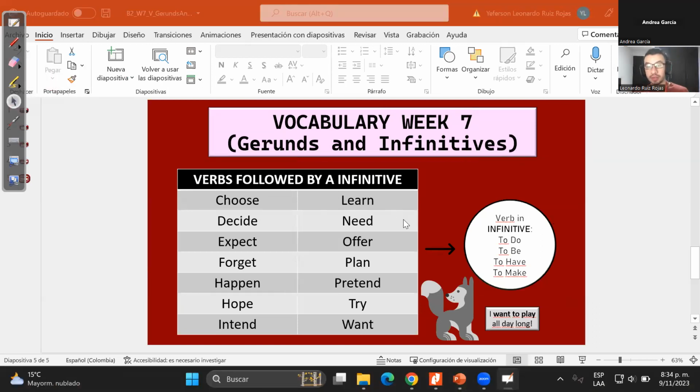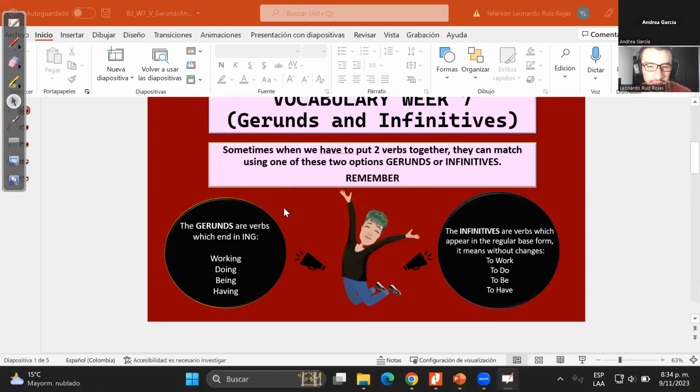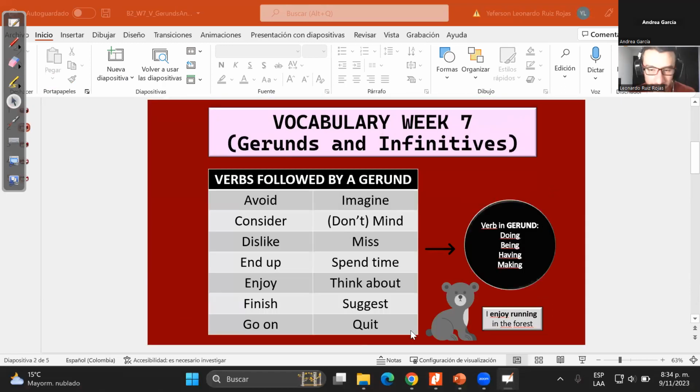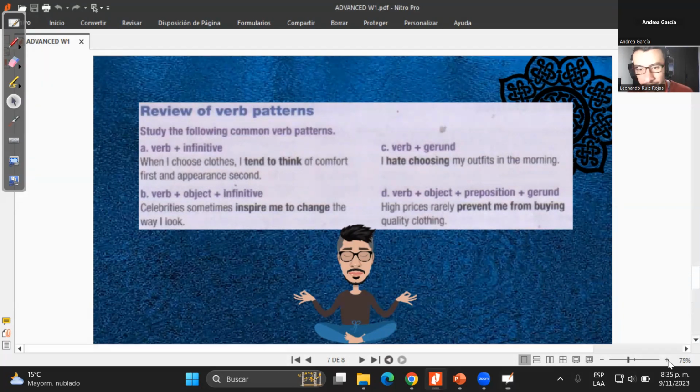Bueno, so over there, those are the basic verbs, no? If it's used with gerund or infinitive, the most common ones, ready? But at the same time, we're going to find out that we have other different patterns. When we talk about the different patterns, we have two, gerunds and infinitive. But inside gerunds and infinitive, we're going to have two different kinds.